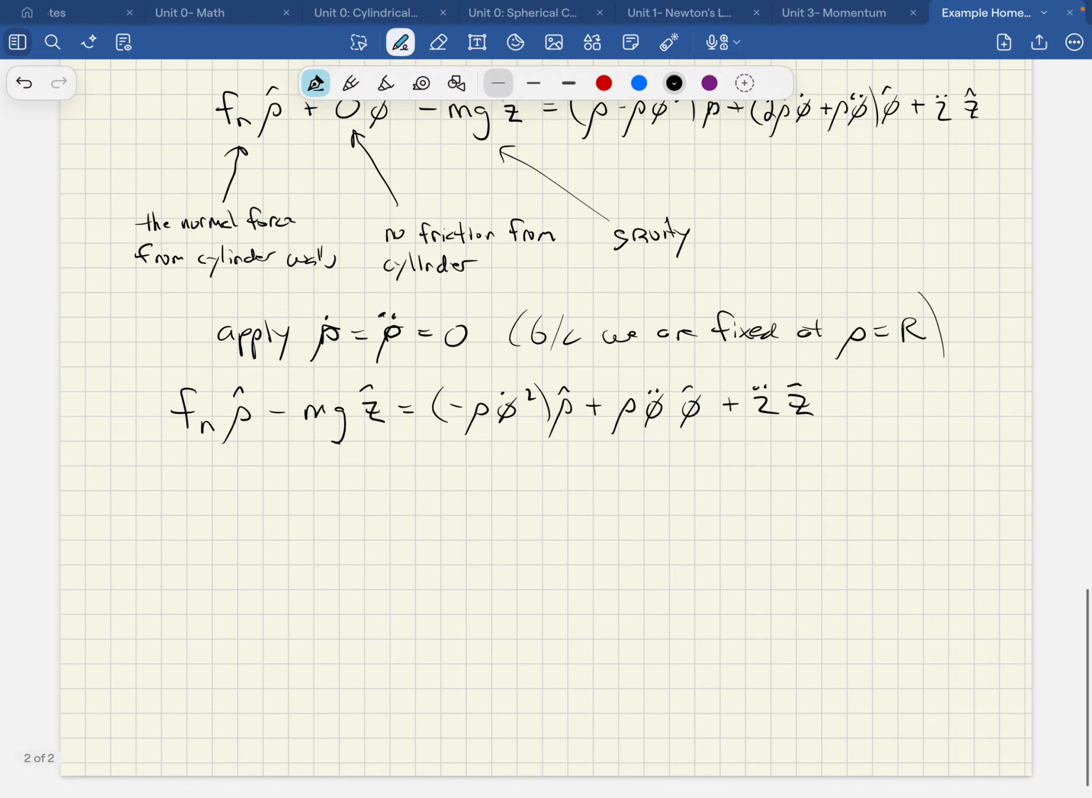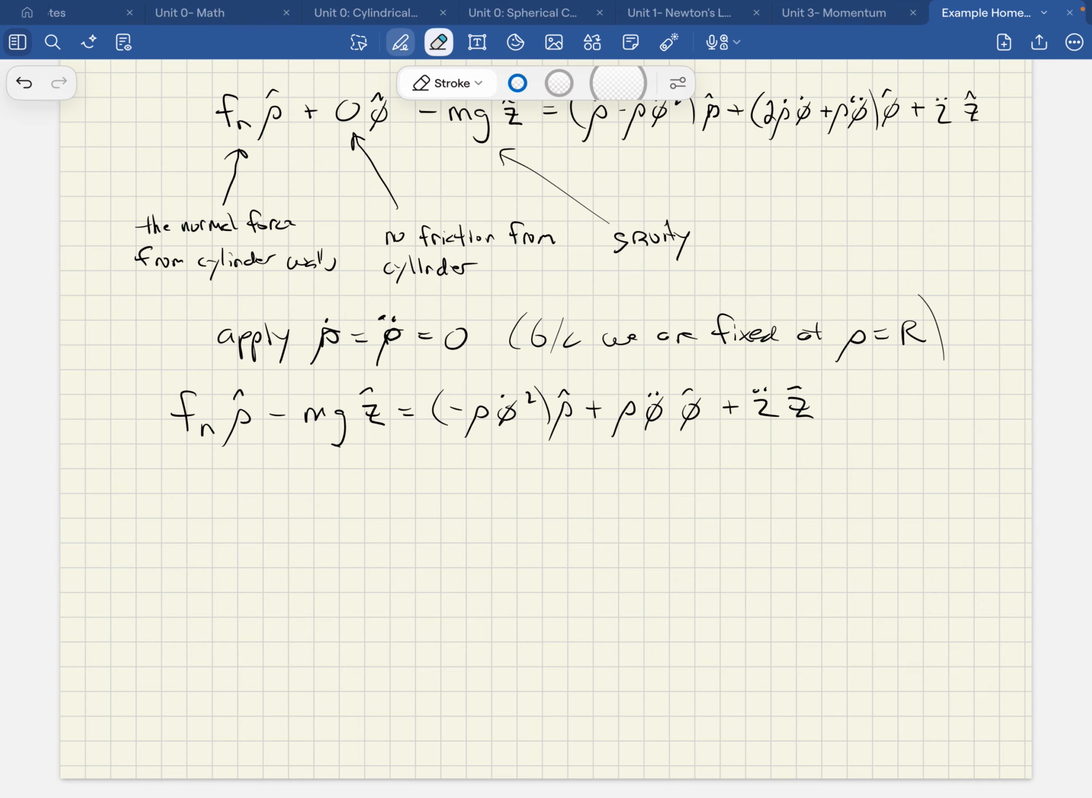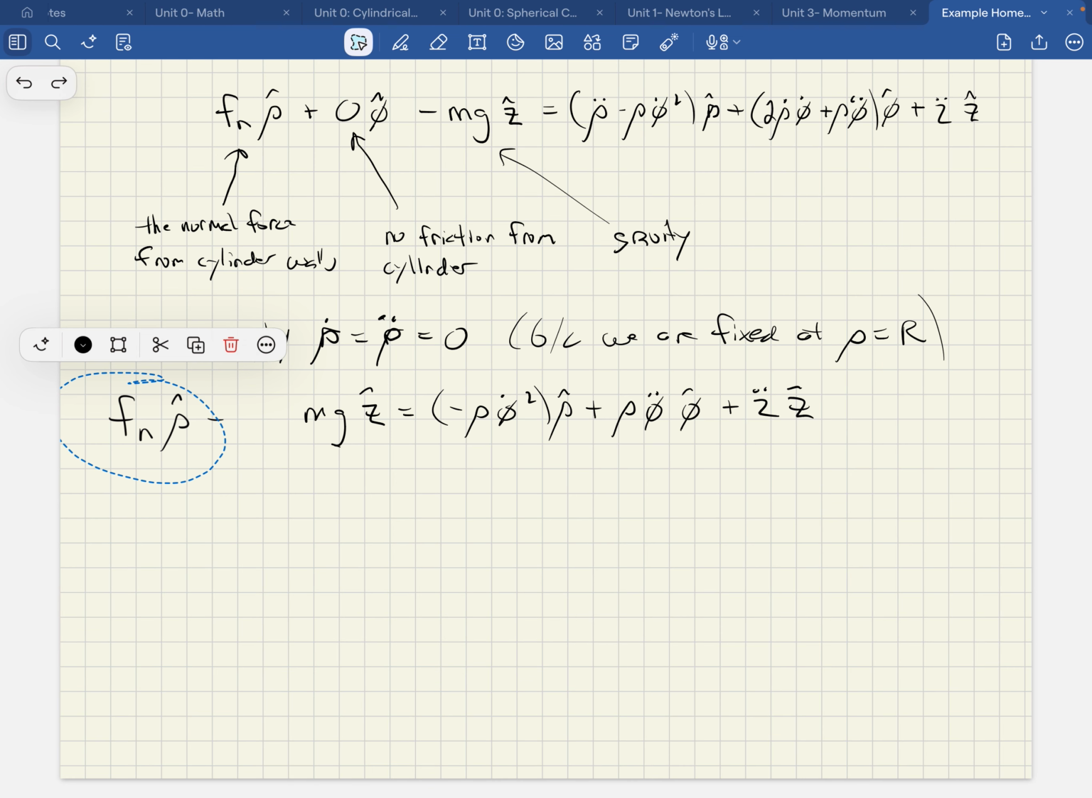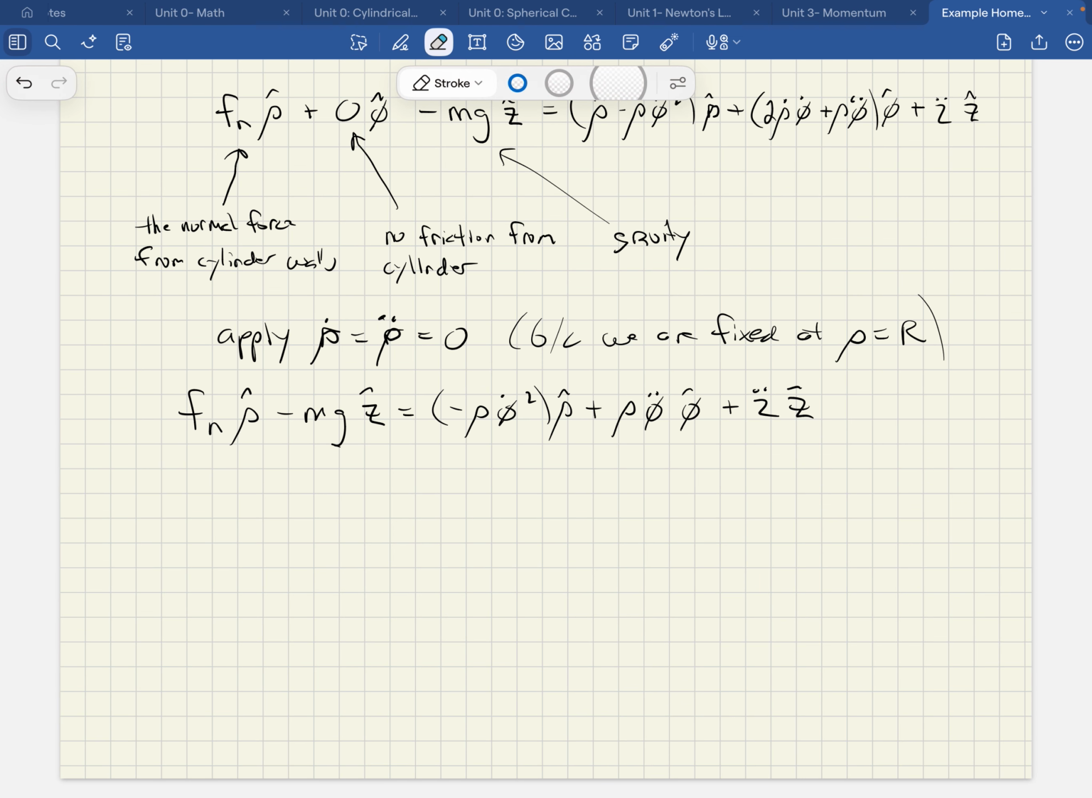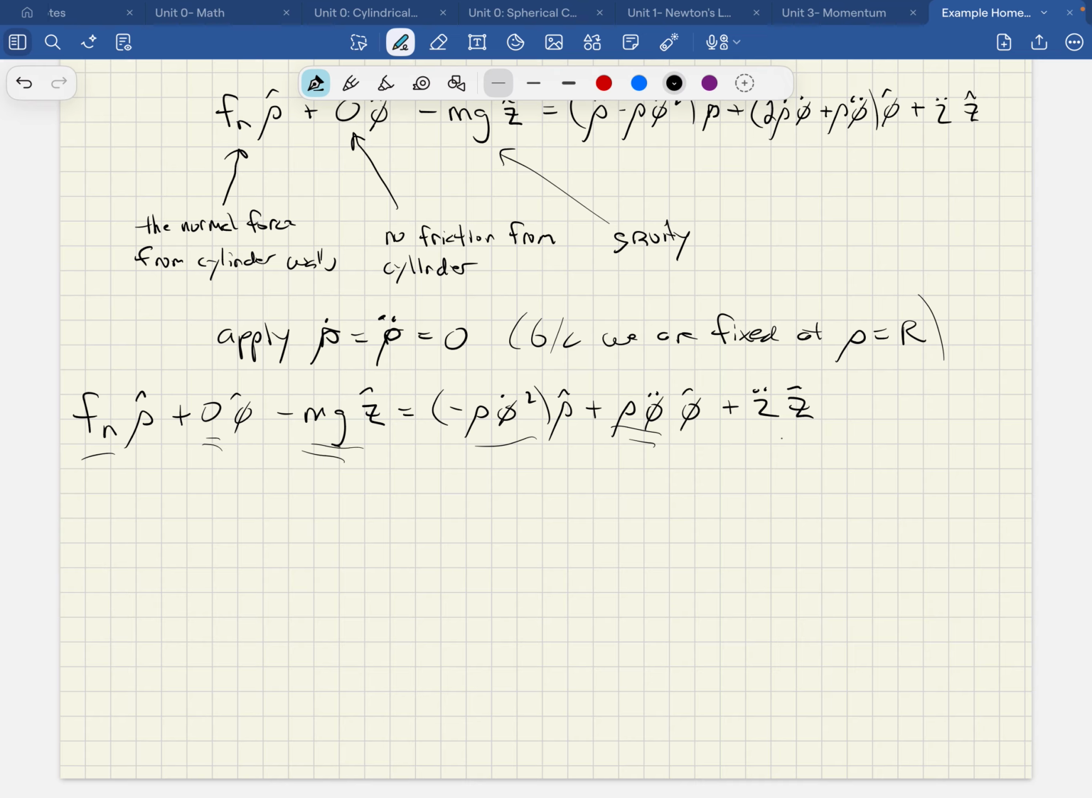Okay, this gives us really 3 differential equations that we can solve. Let me go ahead and put back in plus 0 phi hat. All right, so this gives us 3 differential equations. The radial parts have to be equal to each other, the phi parts have to be equal to each other, and the z parts have to be equal to each other. So the 3 differential equations we get,